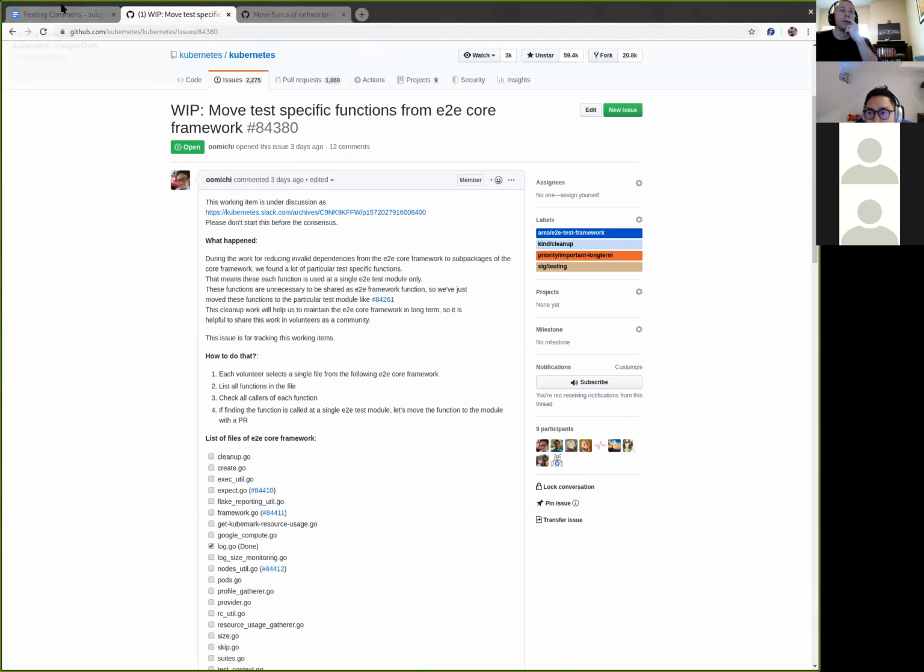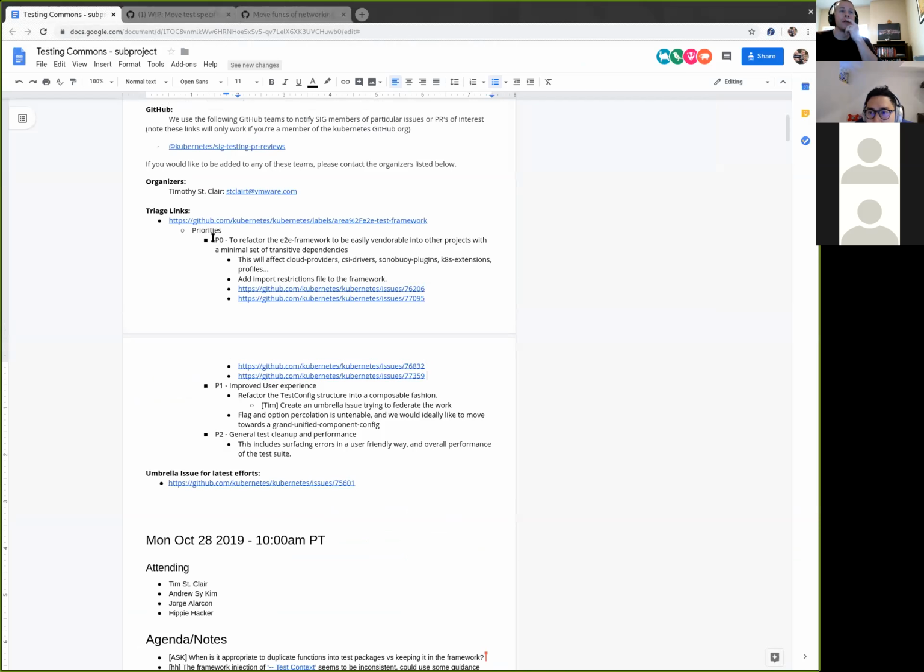So like I was saying before, I think the overall flow of this particular agenda is at the point where we need to start adding a little bit more jurisprudence and figuring out what's the right layering model that we want to have of where these calls are used from, and whether or not they need to be in the framework, whether or not they need to be in a submodule of the framework, or whether or not they should be in the specific test suite that leverages it. And I think we need to do that probably on a case-by-case basis. I don't think there's a magic number.